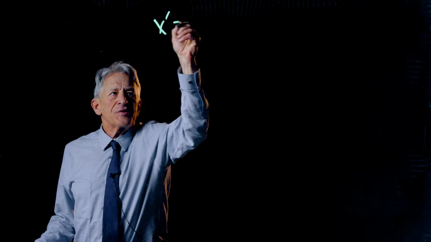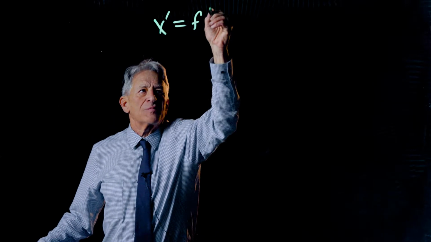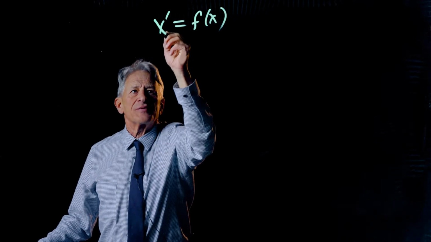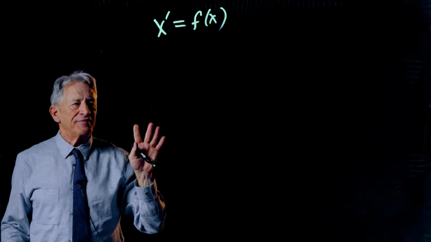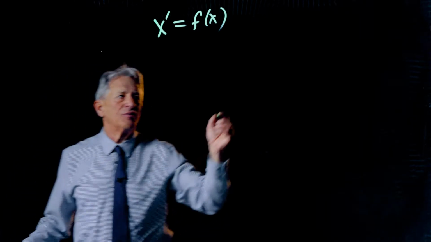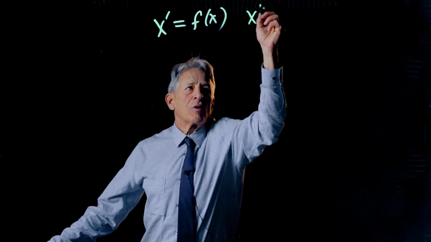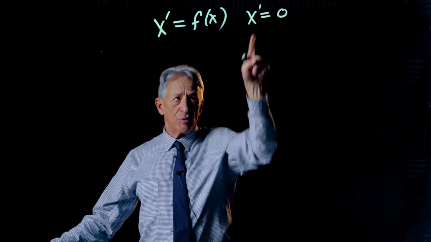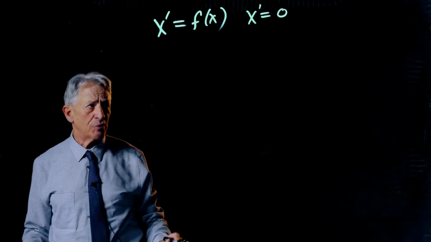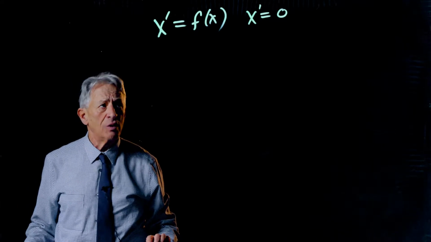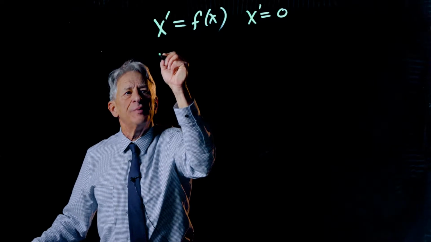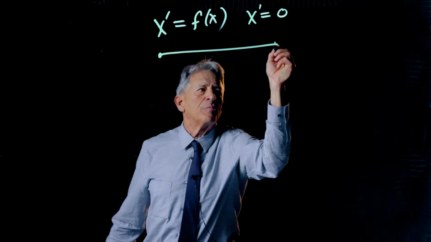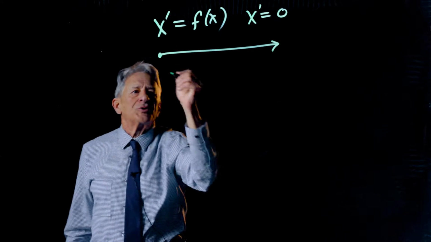So we have found one in the special case x prime equals f of x, that is the special case of 1D. We have found a method, first of all, for finding the equilibrium points. We just set x prime equals 0 and see what x's make that true. And then we also have a method for determining the stability of the equilibrium points, which is, let's go back